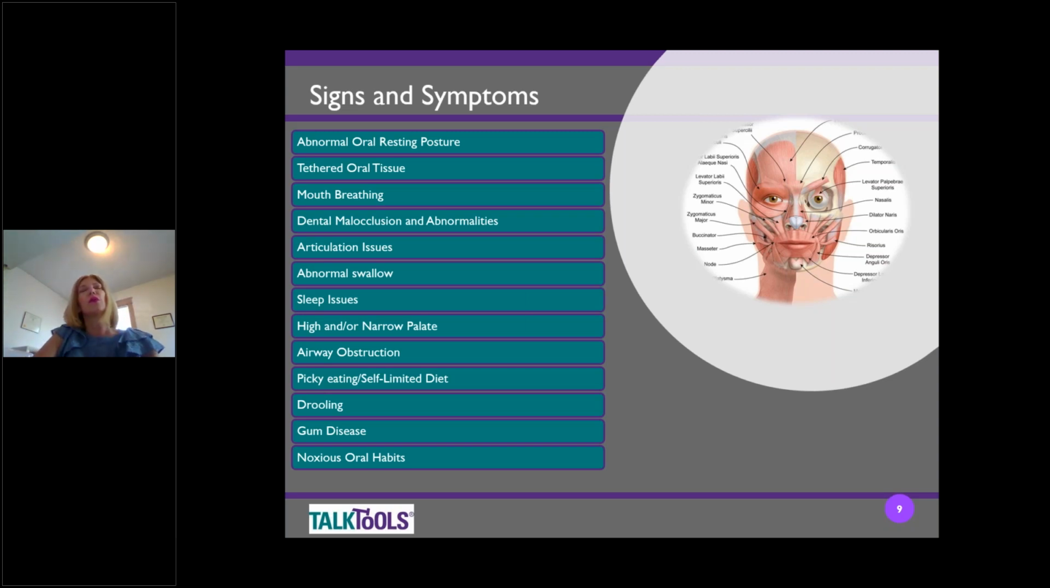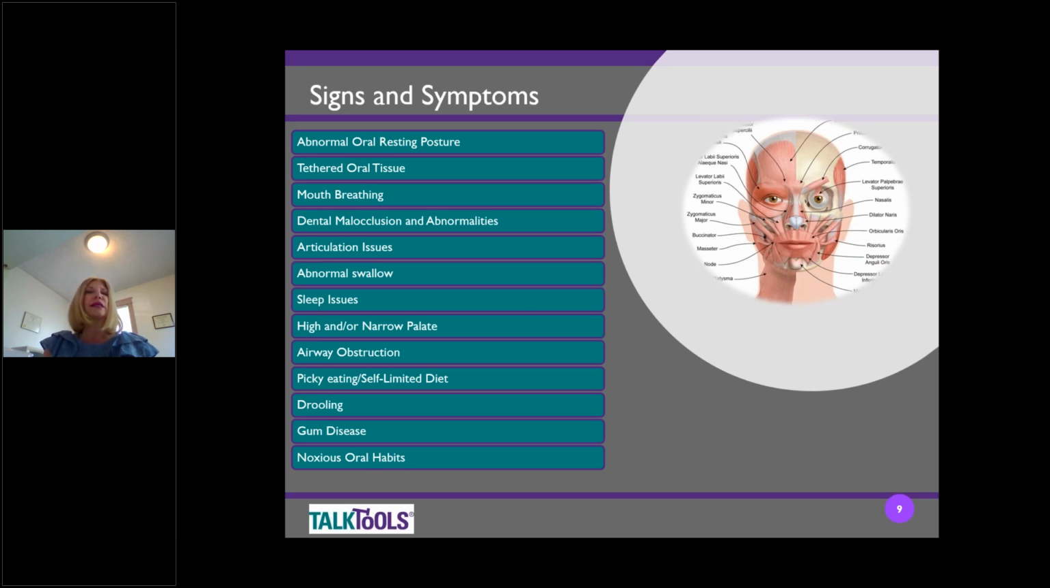And in the portal, we list some of the signs and symptoms of an OMD. Now, remember, where orofacial myofunctional therapy may be driven for children aged 4, 5, and up, that doesn't mean we can't recognize the early signs and symptoms and be working towards improving that. Some of the signs and symptoms are an abnormal resting posture, tethered oral tissue, a tongue tie, a lip tie,